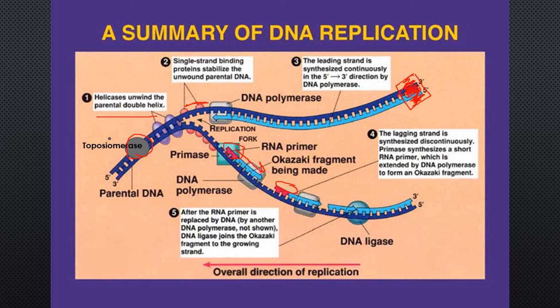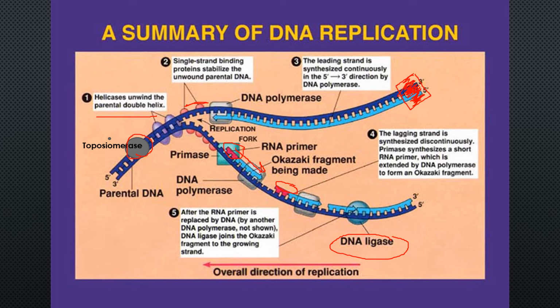It also will come in and replace the primer with new DNA. That's a different DNA polymerase. And then the DNA ligase comes in and binds all the Okazaki fragments together, allowing for a continuous strand on the lagging side. So that is a summary of DNA replication